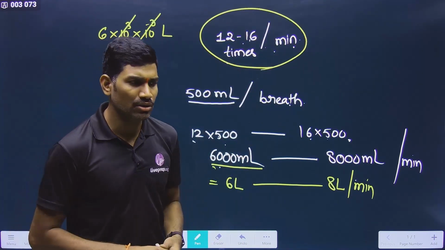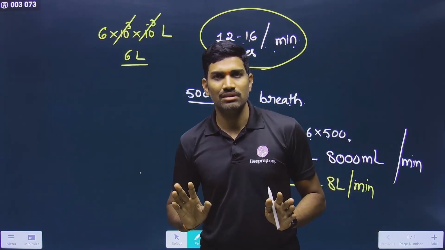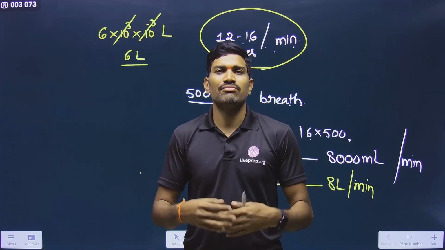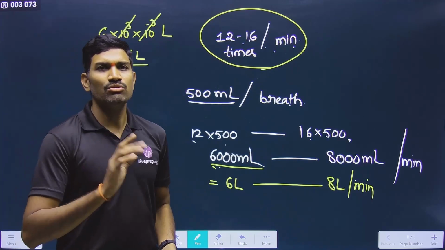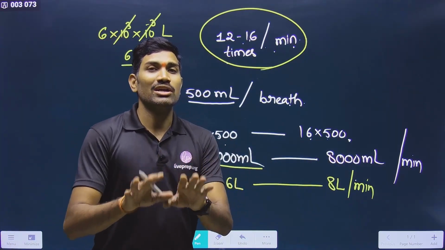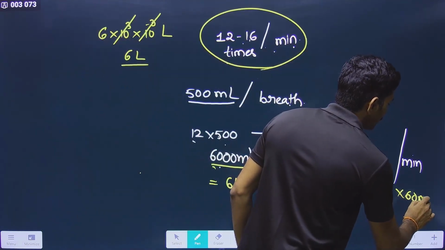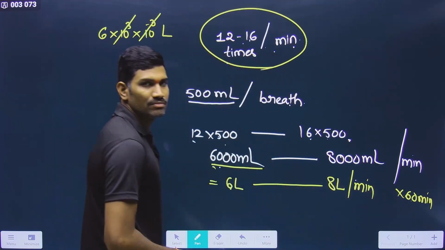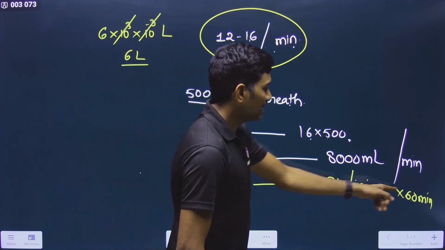And sometimes they will say that a person is having so and so number of breaths, and in one breath this is the so and so tidal volume. So for 1 minute, for 1 hour, like that they may ask calculation. Accordingly you need to do the multiplication. You need to know the basic multiplication. See here, for 1 minute we calculated. Suppose they are asking for 1 hour, then what will you do? Again into 60 minutes. 6 into 60, do it. So 360 liters. And 8 into 60,